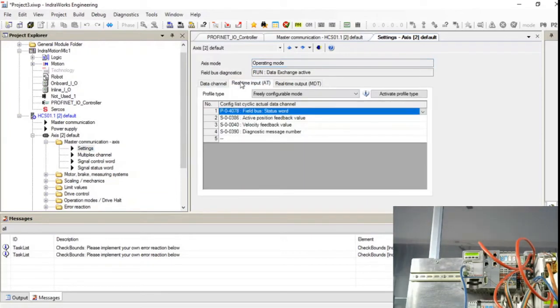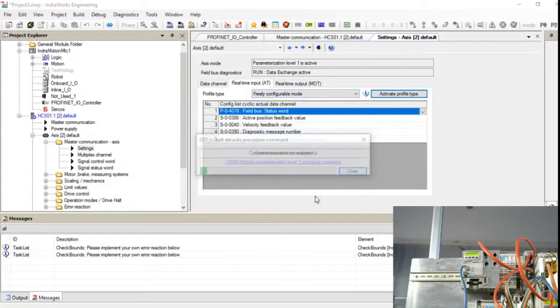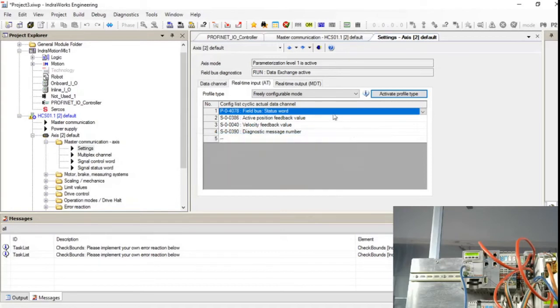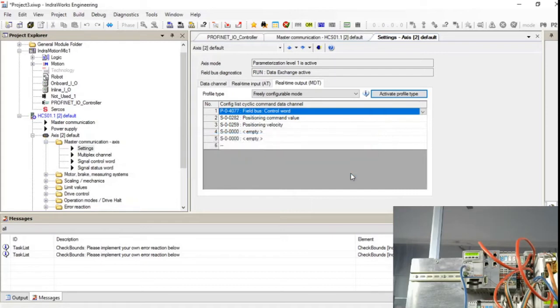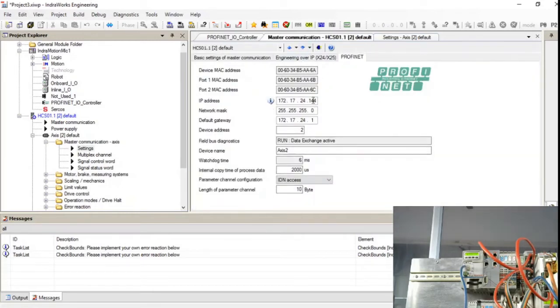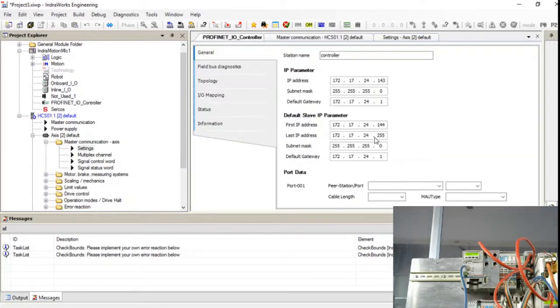So this will be real time. You need to use freely configurable mode. Then you need to activate this profile. So we go freely configurable mode and we need to activate this. Okay. Once all this is done, master communications and Profinet controller.